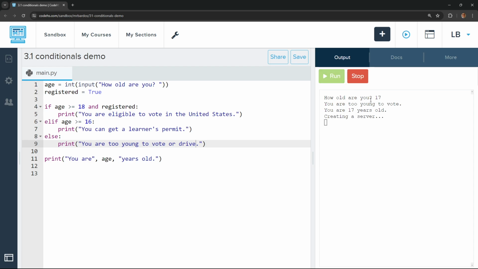So let's run this again. If you're 15, then you're too young to vote or drive. Okay, let's run this again. See if you're 17. Now you should be able to, it should say that you can get a learner's